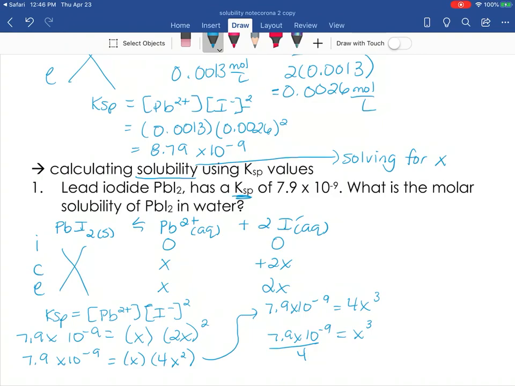Okay, so now what you need to do is divide by 4, and you have to divide by 4 first. I'm going to keep all the decimal places here. And you can certainly do this as one step. You can divide by 4 and then do the cubed root, and you should get the same answer as me. So to get rid of squared, you do the square root. To get rid of cubed, you do the cubed root. And again, you really have to get to know your calculator and how you do the cubed root on there, because most calculators are different. Okay, so the cubed root